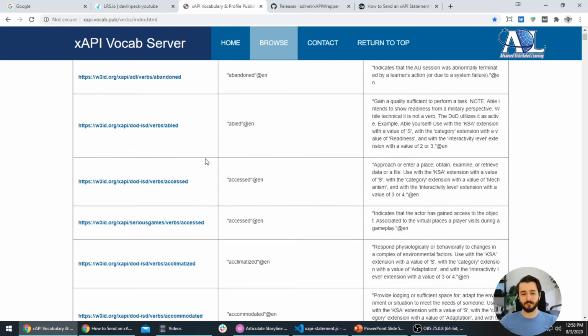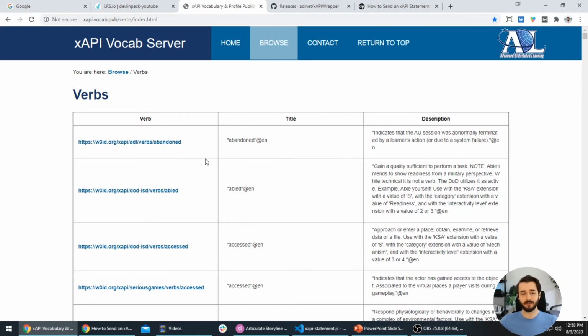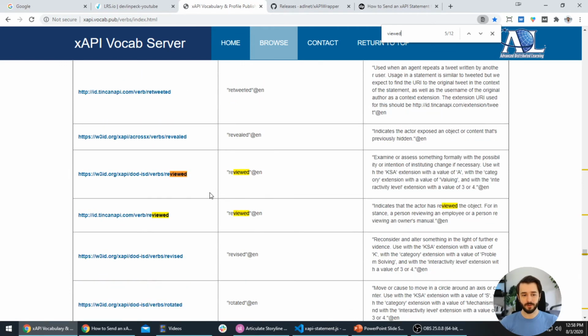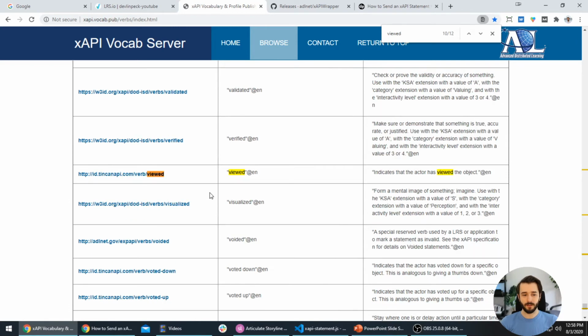This is the list of all of the community accepted xAPI verbs. So I'm going to Control F and search for viewed. That's interviewed. We don't want that. Previewed, reviewed, no. Here we go. We have viewed. Indicates that the actor has viewed the object. So it's this